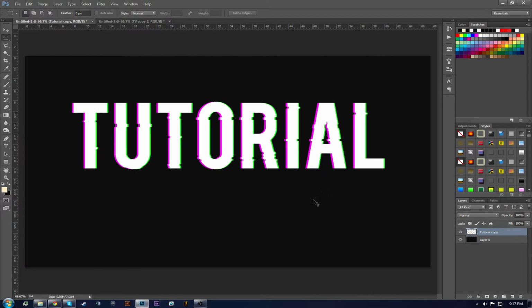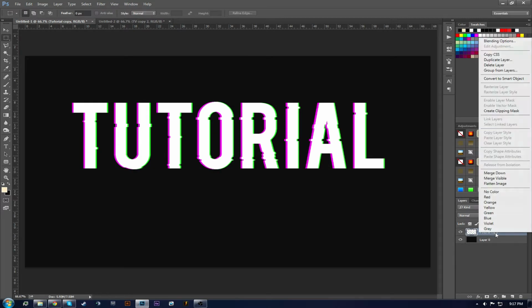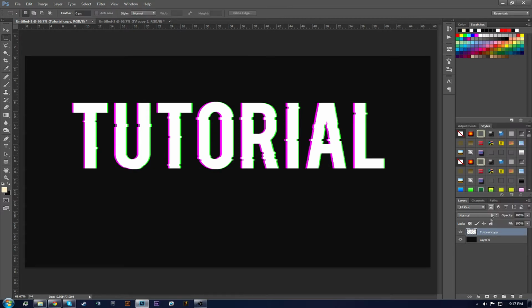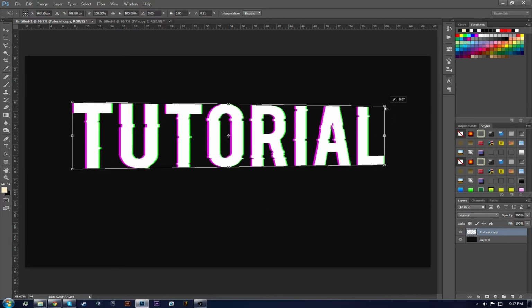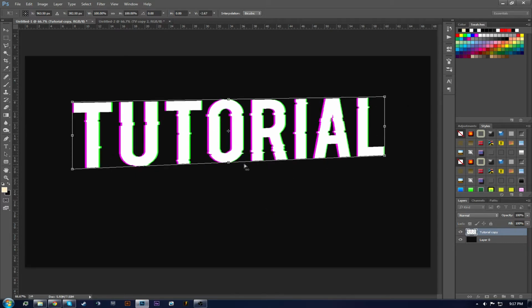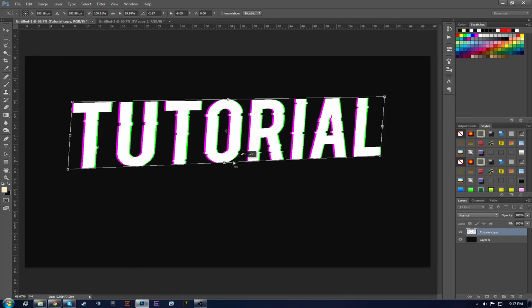What I'm going to do lastly is just show you how to do this little perspective thing. You Control T, make sure the layer is rasterized by right clicking and then doing rasterize layer right here. Control T, right click, perspective, and you're going to do this. You're going to do a little bit of this work. So you can just fiddle with this, and it's really about fiddling at the beginning. You're going to fiddle around with stuff. But as you can see right here, I got a really nice